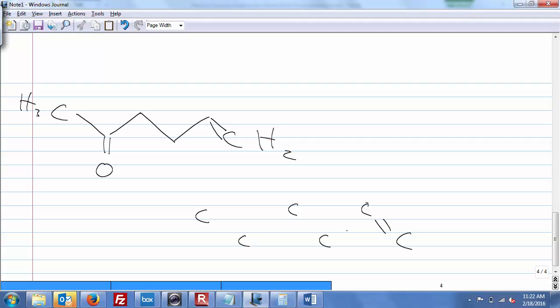Okay, so let's just start with the backbone. Put in what we know already: single bond, single bond, single bond, single bond, double bond. So oxygen is taken care of. Single bond, single bond, single bond. So here's your hydrogen, hydrogen, hydrogen. Okay, and then